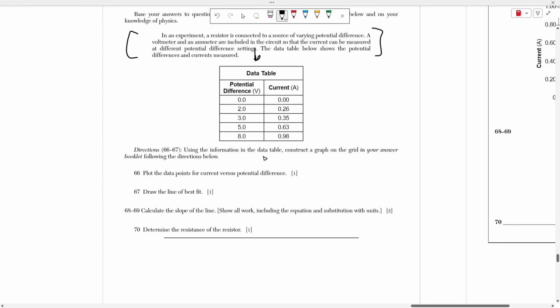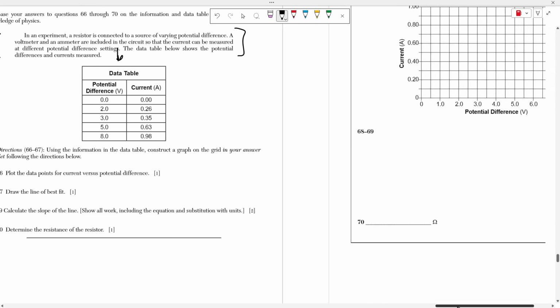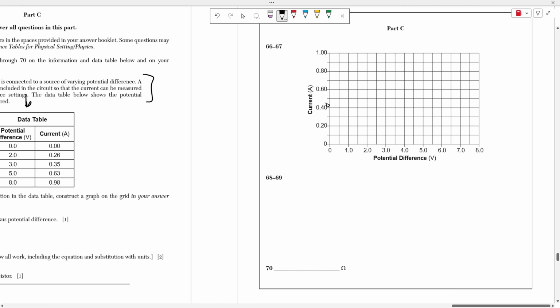And they'd be asking, well, where is your graph? Well, your graph is not going to be located in your test booklet, but rather in your answer booklet right here. So when you take the Regents, you're going to have a test booklet and an answer booklet. The test booklet is going to contain questions 1 through 85. Nothing in your test booklet is going to be graded. The only thing that's actually going to be graded is whatever's on your Scantron and whatever's on your answer booklet,